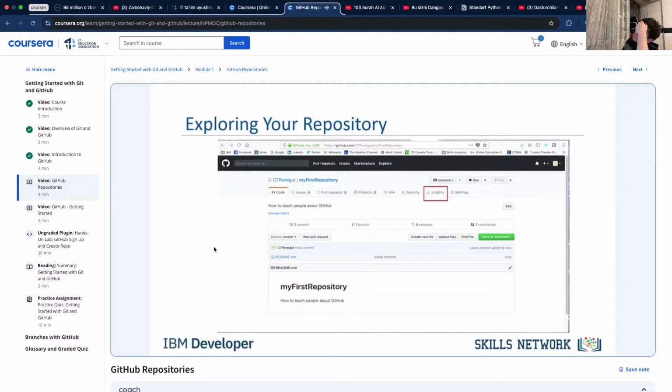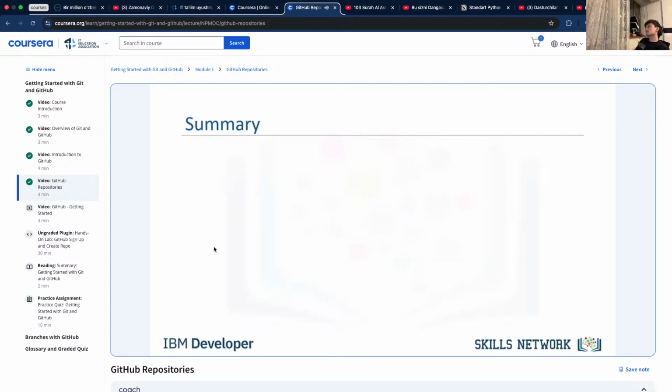Often left for more advanced users, these tools provide a communication base to the external user community. Settings. GitHub allows for a lot of personalization, including changing the name of your repository and controlling access. In this video, you learned how to create and verify a GitHub account. Repositories are